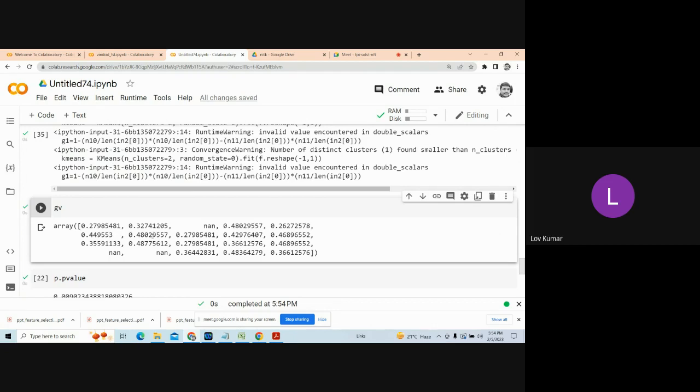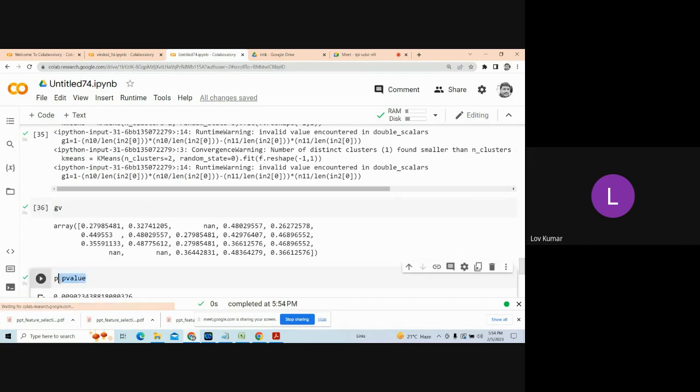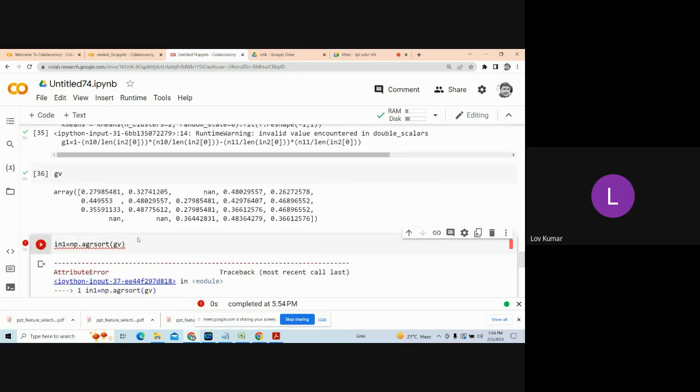Okay. Now we have to take those features which have the least Gini value. So here, what we have to do, if we check here, what we are writing: IN1 equal to np.argsort of GP. Now we have to check what value it is returning. If we are going to check,